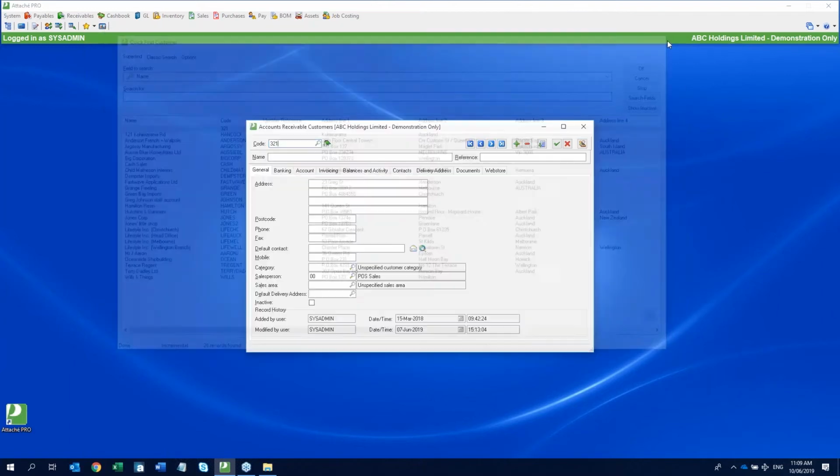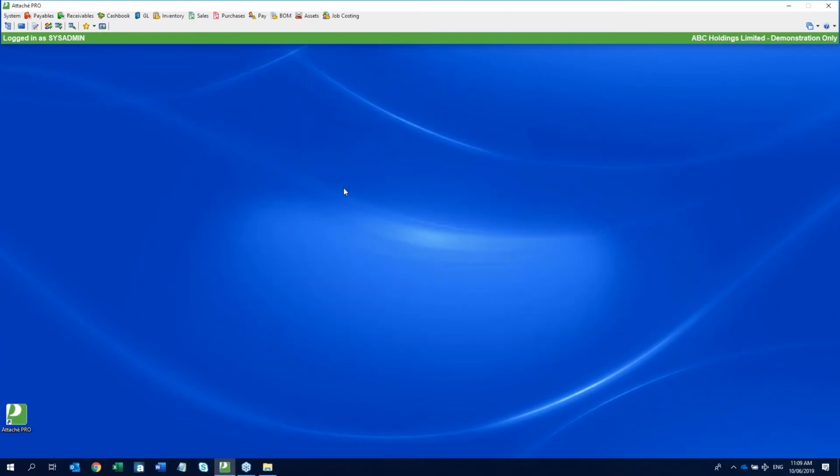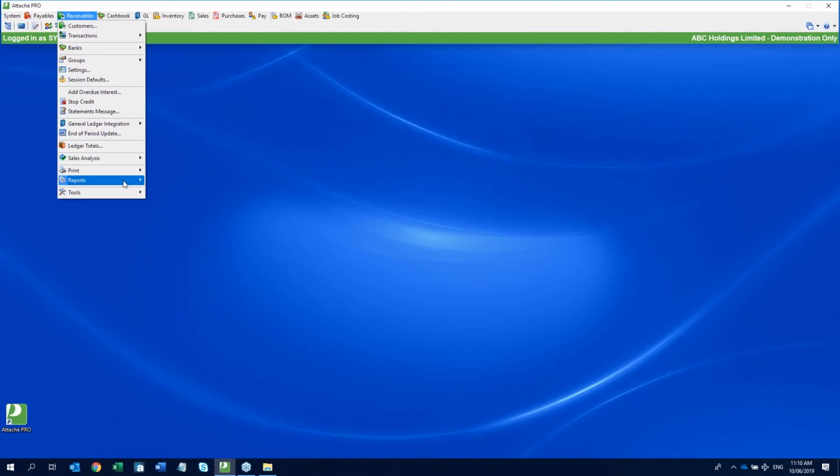I'll just come out of here. The first thing I'm going to cover is save selections and multiple save selections as well. This is probably one of the underused areas of the software, and it can become quite powerful, which I'll show you as we go later on. So, multiple save selections. For example, we might have